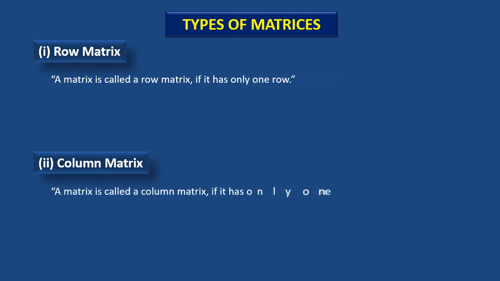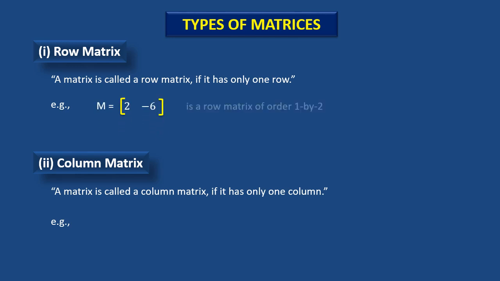So, first of all, row and column matrices. A matrix is called a row matrix if it has only one row. On the other hand, a matrix is called a column matrix if it has only one column. For example,